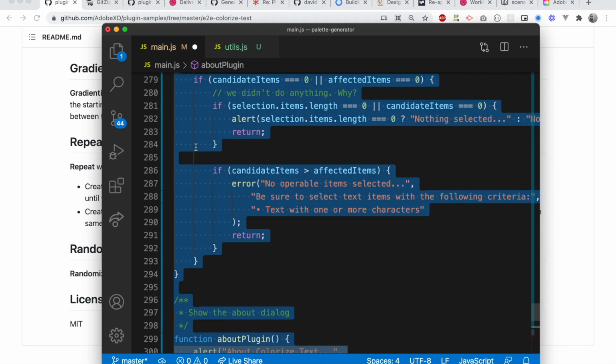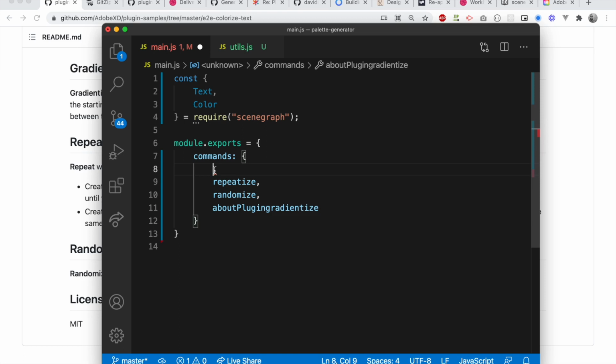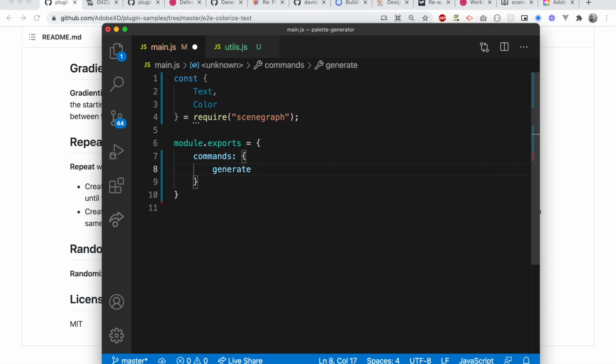So yeah, cutting everything in there, and you're only going to be left with these guys here. So let's just call that generate, and when you edit the function name there,